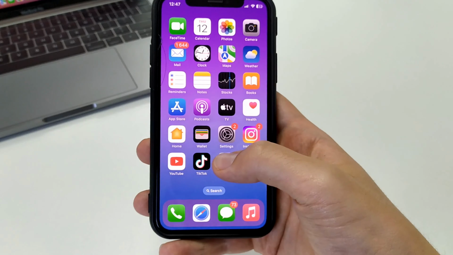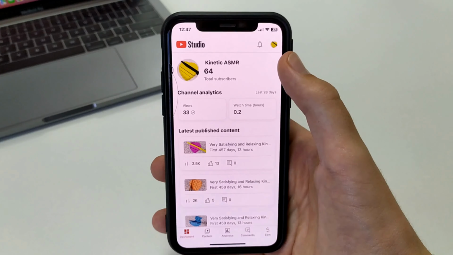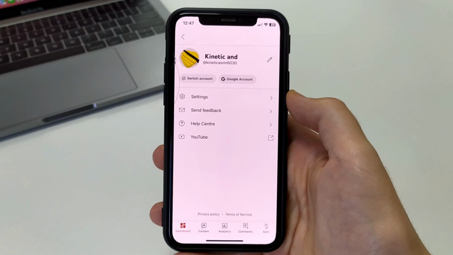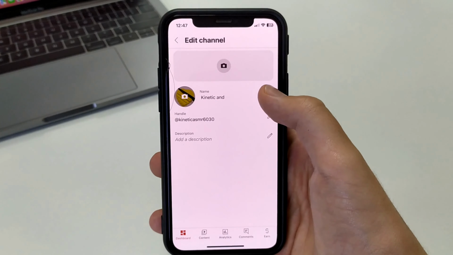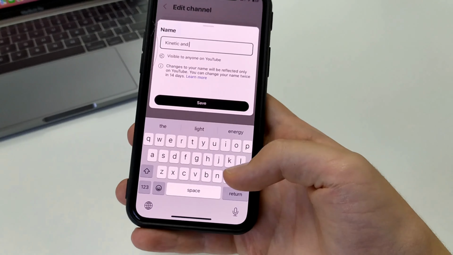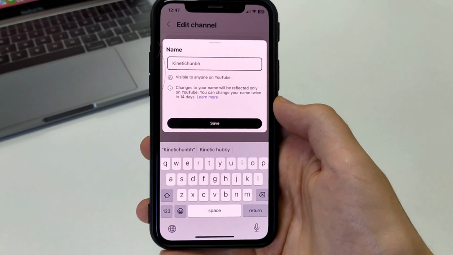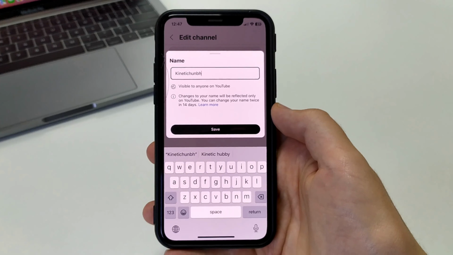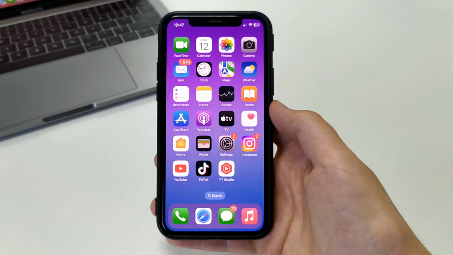The second way. We go to the YouTube Creative Studio. We also open this profile. Here we click in the upper right corner. Again, I click on Pencil. And here we click on Name and this is where we can remove and add anything else. And then click Save. That's how easy it is on your cell phones to change your YouTube name.